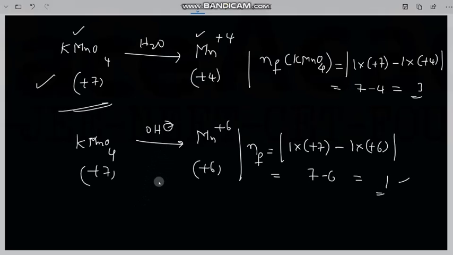So it can be seen that in all the above chemical changes, KMnO4 is acting as an oxidizing agent only. The n factor is not the same for all the reactions of KMnO4 that we have observed. Thus the n factor of a compound is not fixed. It depends on the type and extent of the reaction it undergoes. The n factor will get changed.